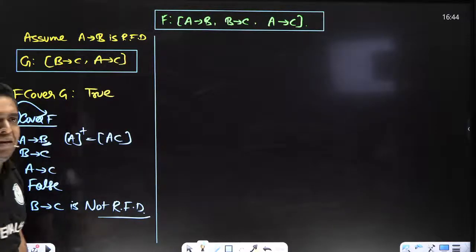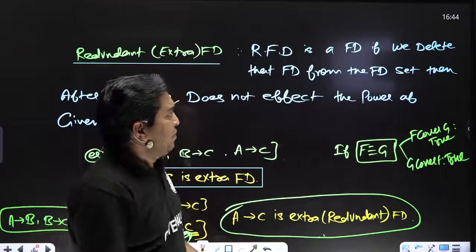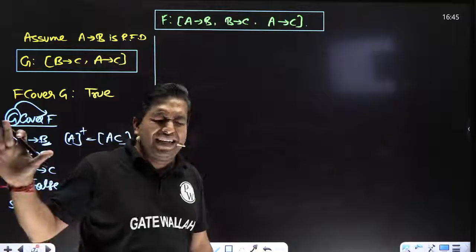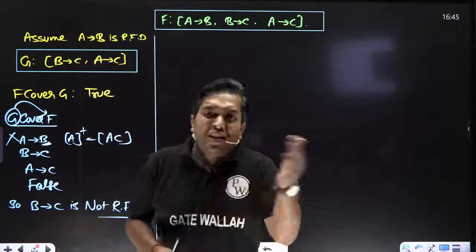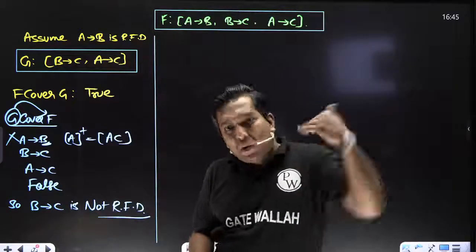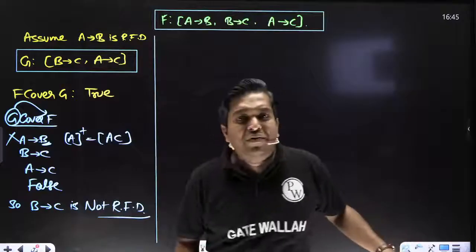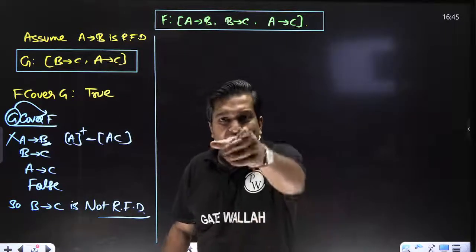Are you getting my point? Everyone write down in the chat box, crystal clear. I will tell you what the procedure is. Don't fear, your Vijay sir is here. But I am telling one other approach also. Sir, is there more than one approach? If the FD set is given and the minimal cover is given, then without splitting, without going through the procedure, directly we can tell whether it is a minimal cover or not.